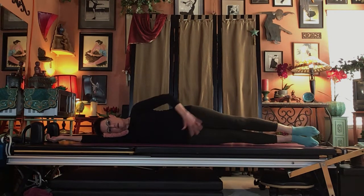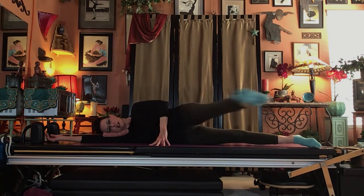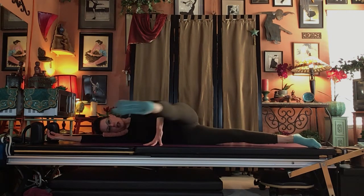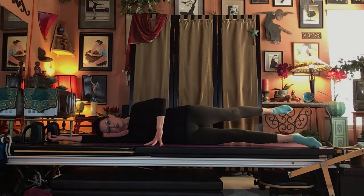All right, now keeping the legs straight, bring them to a slight banana shape. Lift the top leg hip height, flex the foot for side kick, forward, exhale, exhale, reach, point back, try not to move this pelvis, exhale, exhale, reach and stretch, exhale, exhale, reach and stretch,